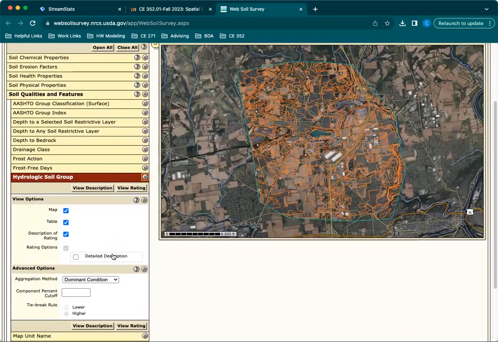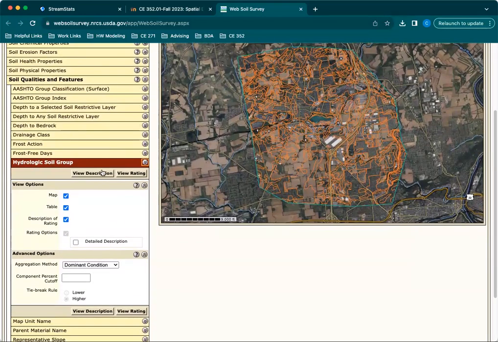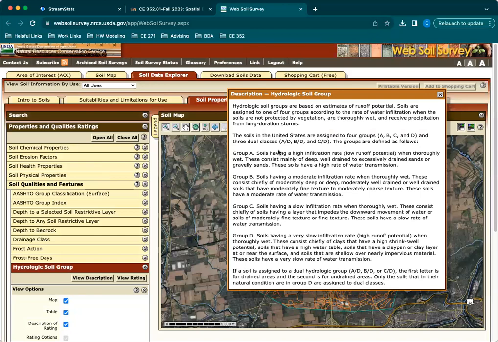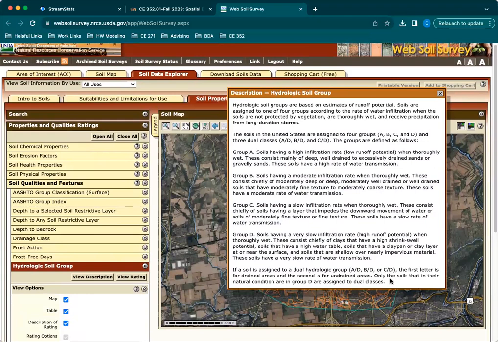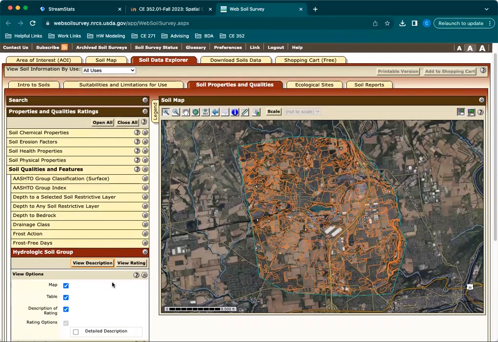Let's click on that. First, I want you to click View Description. This is going to remind you of what hydrologic soil groups are. I would copy and paste this into a Word document to save and read, because you'll probably want to explain what these hydrologic soil groups refer to at some point. Then over here, if I click on View Rating,